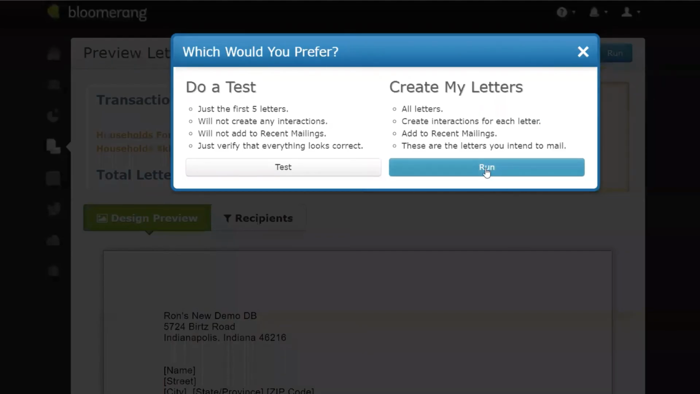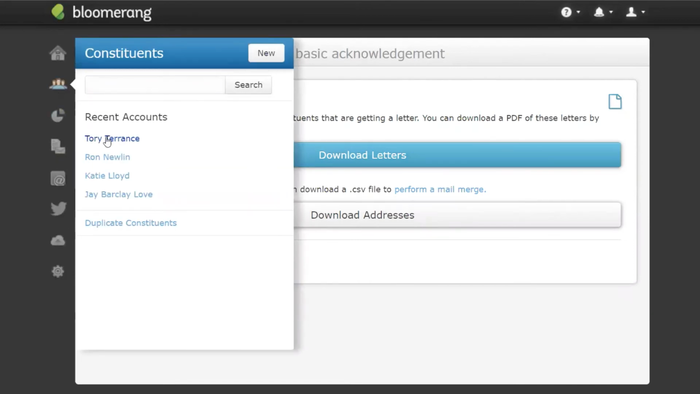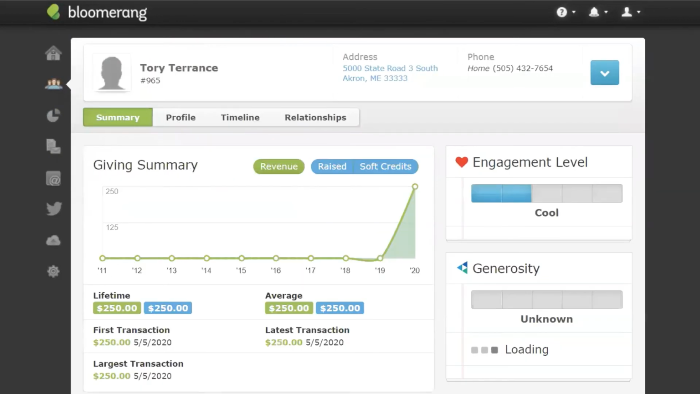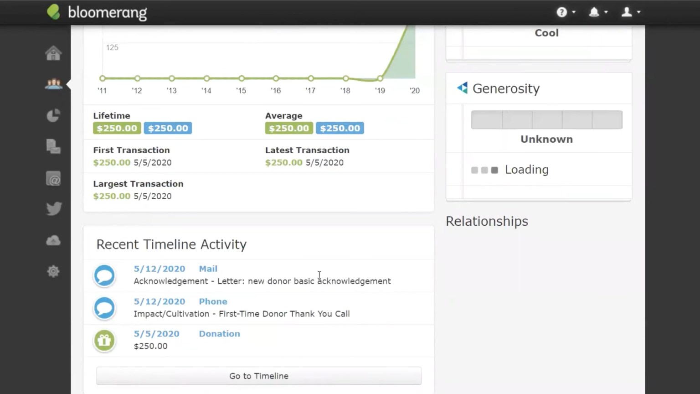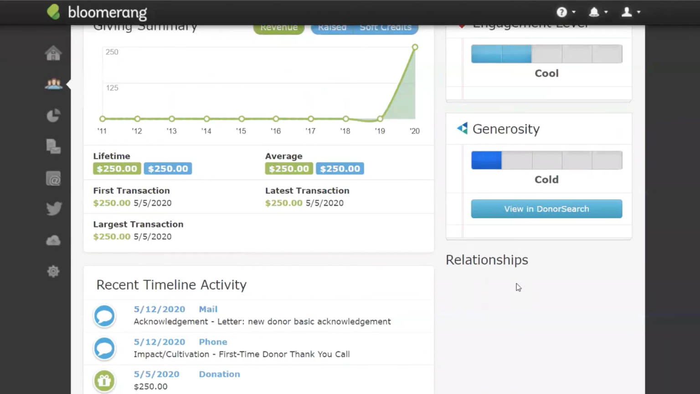I create the letters. By virtue of creating those letters, I can now download them as a PDF, send them to the printer. I also can now go back to Tori, for example, and we will see his gift came in on 5/5. His phone call came in. I made a phone call, and he got his letter. And his letter was a